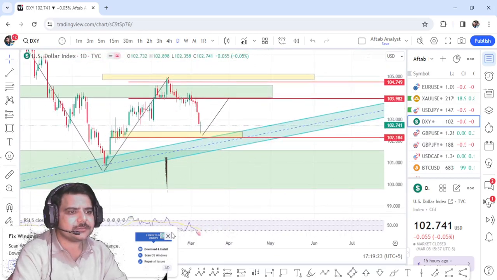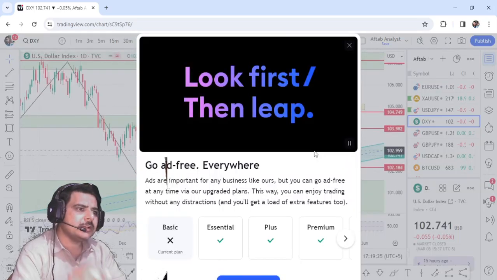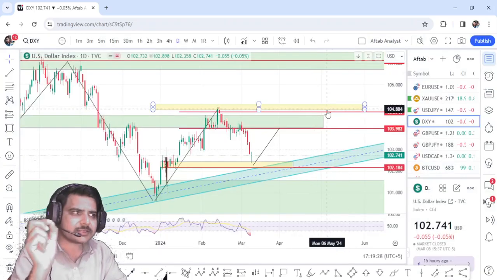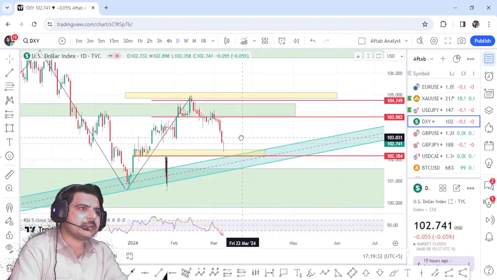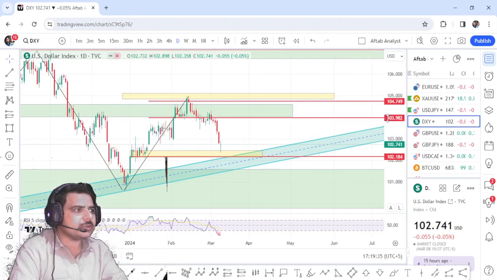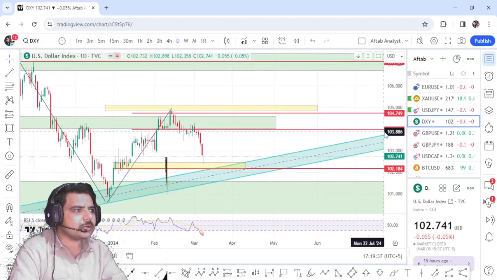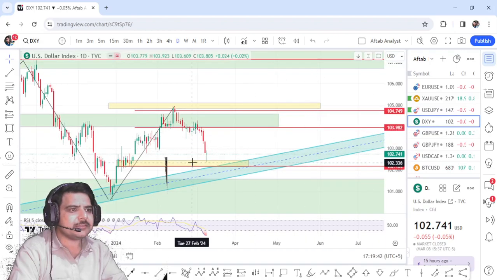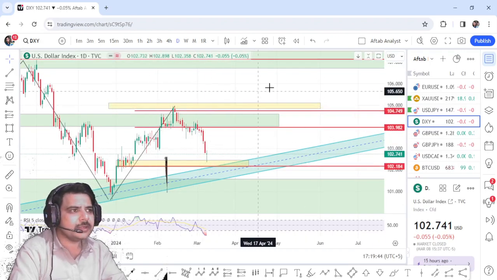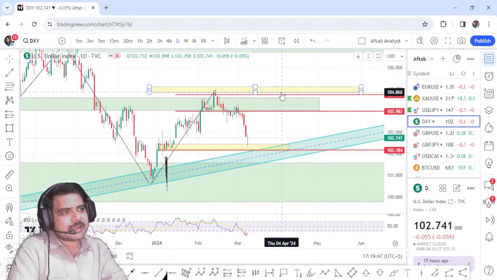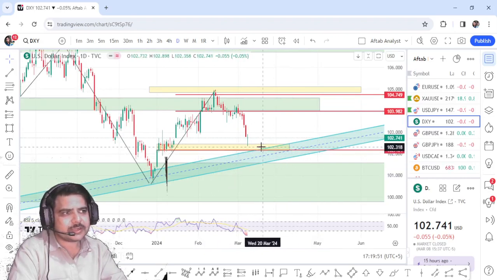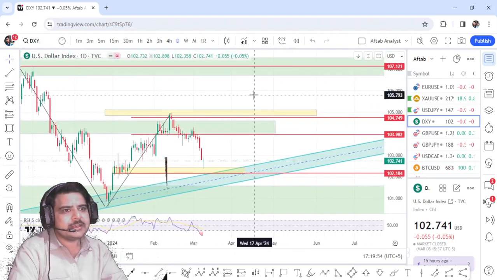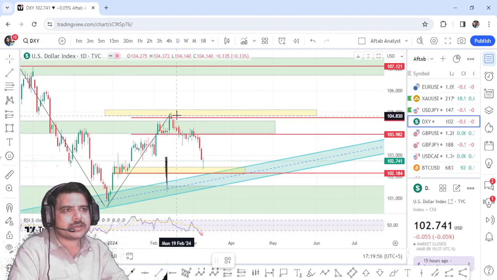Let's see what it gives me next, but to me it is a very fantastic trade opportunity on this dollar index. I will be looking for sell opportunities from 103.98 and 104.749. Again, if the market goes back up and creates a double top, it is going to be a fantastic sell level, though the market is right now standing at a buy zone with stops below the trend line, and let the market run towards this zone right here.